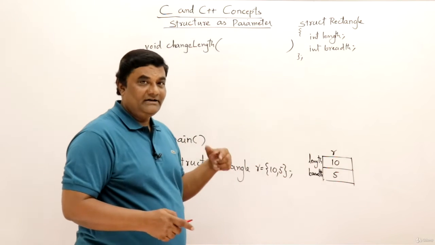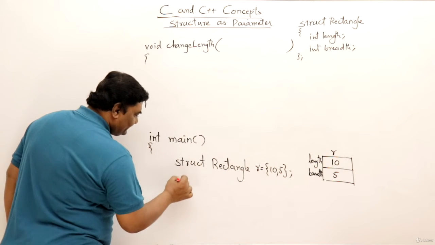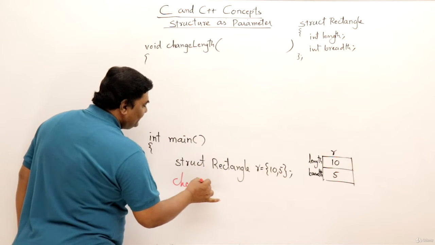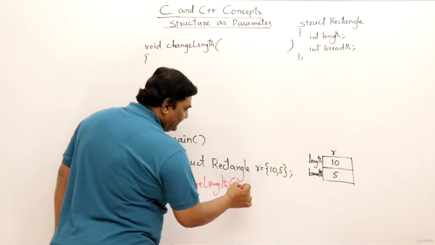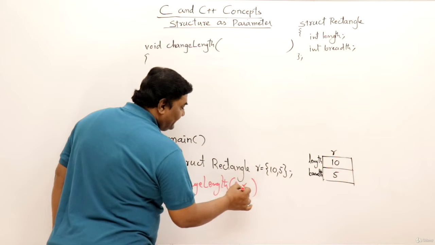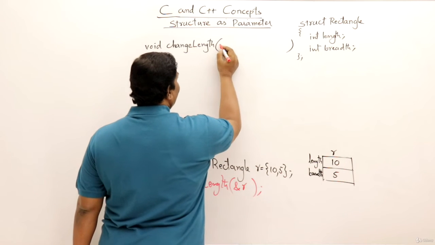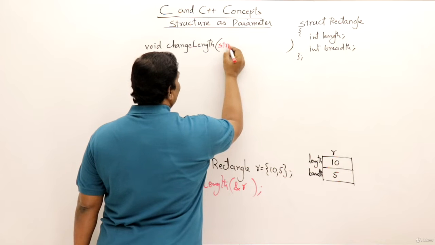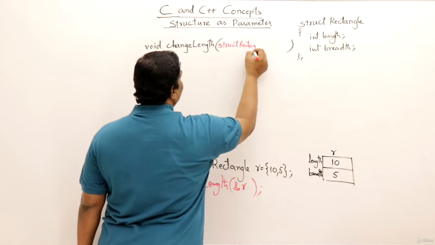Let us write call by address. First of all, from here I should call that function, change length, right? Then what is the parameter I should pass? The rectangle, by address, so I should pass the ampersand address. So here what should it take? It should take it as a pointer. So struct rectangle pointer,